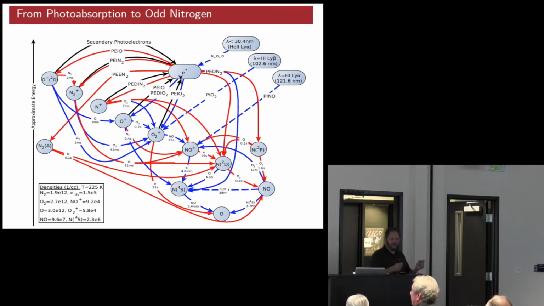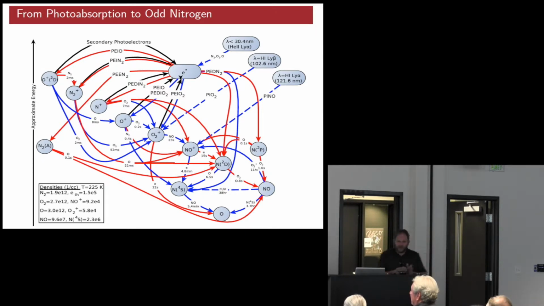It's a little more complex than that, because it turns out what's really important is the ionization, not so much the dissociation. The reason that's true is that this N(4S), the ground state atomic nitrogen, is actually better at destroying nitric oxide than it is at creating it. It takes a high temperature for N(4S) to react with O2 and make nitric oxide, but it very efficiently destroys nitric oxide.